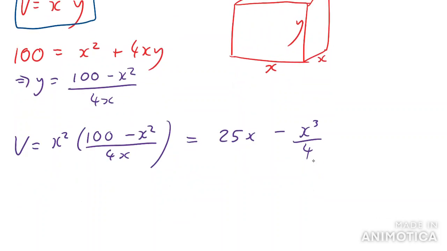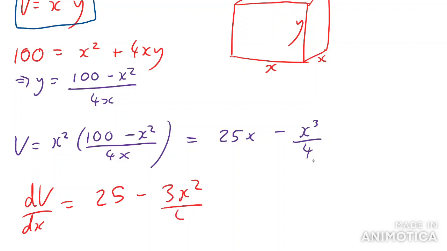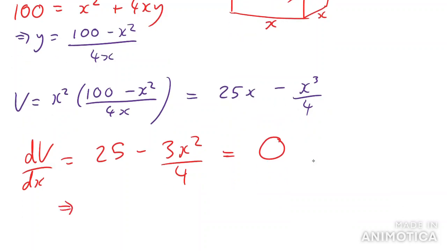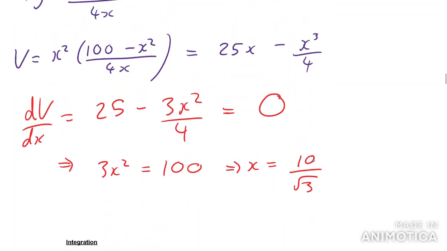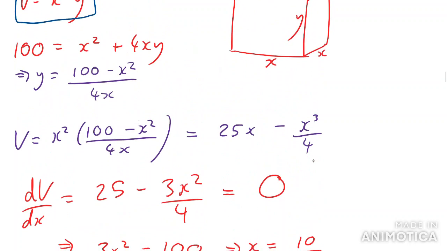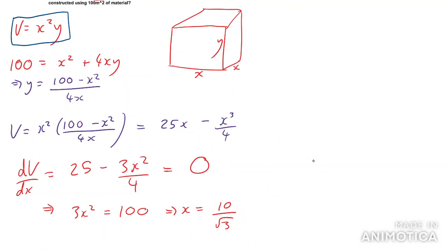Okay, and now that we've got it in that form, it's very simple to do the differential. So dV/dx is equal to 25 minus 3x squared over 4. And we want the maximum. At a maximum, we know the gradient is 0. It's a stationary point. And so that tells us that 3x squared equals 100. So x equals 10 over the square root of 3, and that must be our x, which tells us that our y